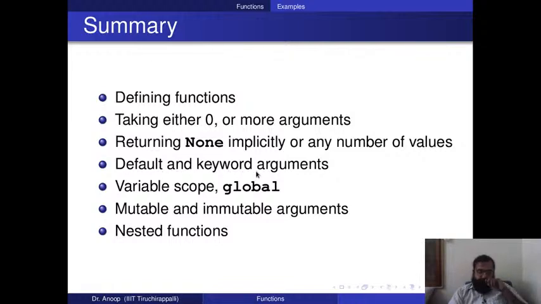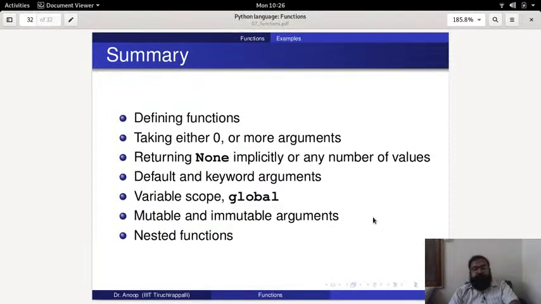We have seen that if we specify the name of one of the arguments, then it has to be the last argument. Otherwise, if you are going to jumble it up, you have to specify the names of the arguments. Then we have seen the variable scope, the global keyword, then mutable and immutable arguments, and the nested functions. So that's it about functions. Okay, now